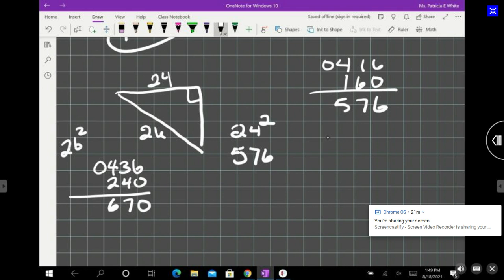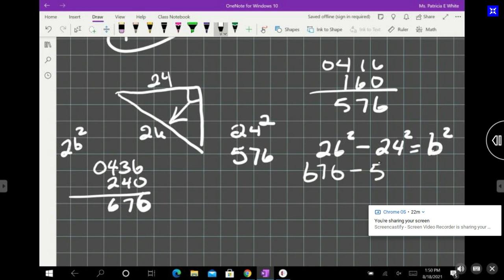Subtract. I've got this hypotenuse, that means I've got to subtract. So 26 squared minus 24 squared equals B squared. I wrote the wrong one. It's supposed to be A squared, so B squared, right? It doesn't matter. You can write A squared. 576 is just got to be one of the legs. 676 minus 576 equals 100. 100 equals A squared, which is 10. And I'm going to take that square root. And A equals,